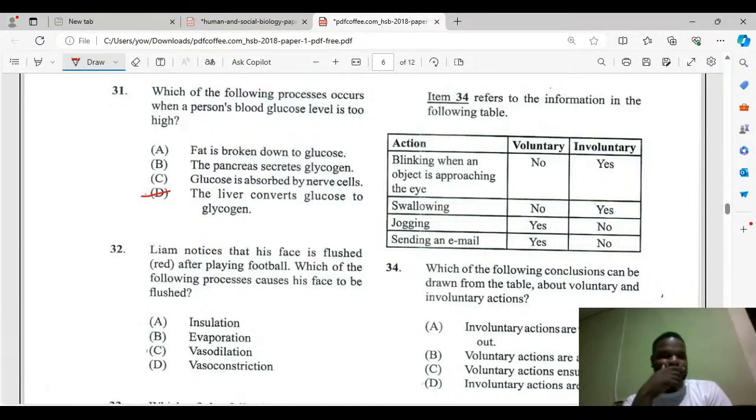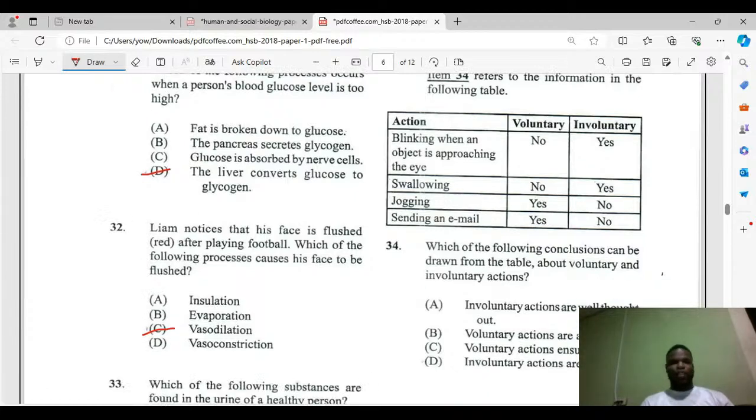Because remember, say I play football, say I go hot. It might go hot, it might have heat. So therefore, the blood vessels will dilate open, so the blood can come in and cool him down. You see that? So we see there, same repeat question, different wording. All right, so it is C. Moving on. There's a different way, but same answer.